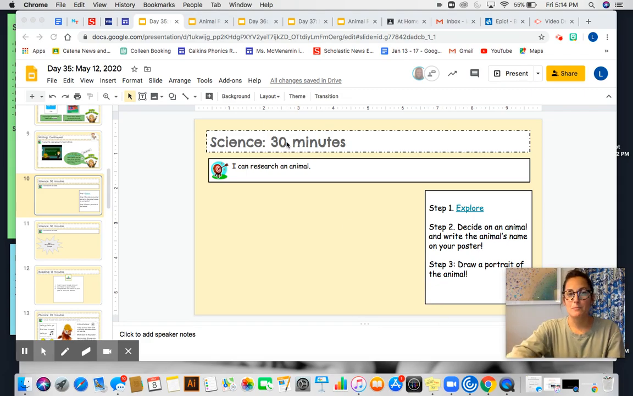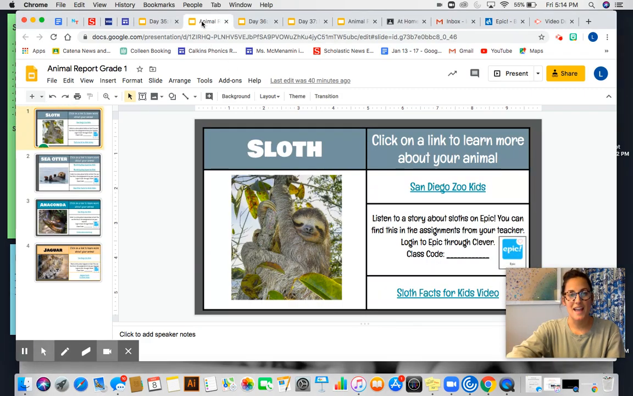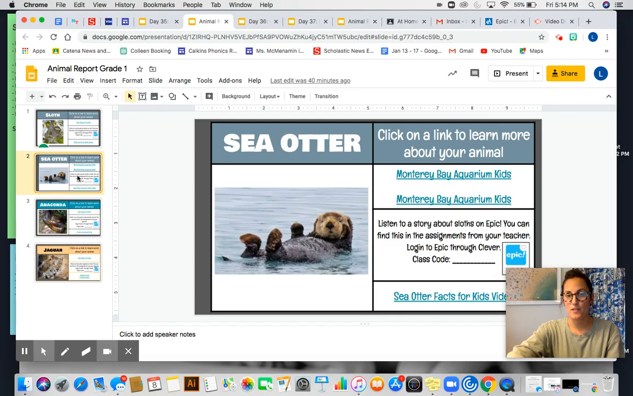Now, Miss McMenamin decided that she wants to do her project on sea otters. So I'm going to head over to that sea otter slide and I'm going to make sure that I spell the word sea otter correctly because it's right in front of me on the screen and this is my research project, so it's important that I get it right. Plus, sea is a word with a vowel team